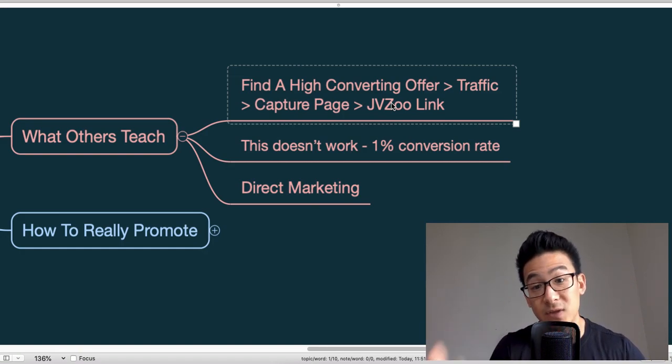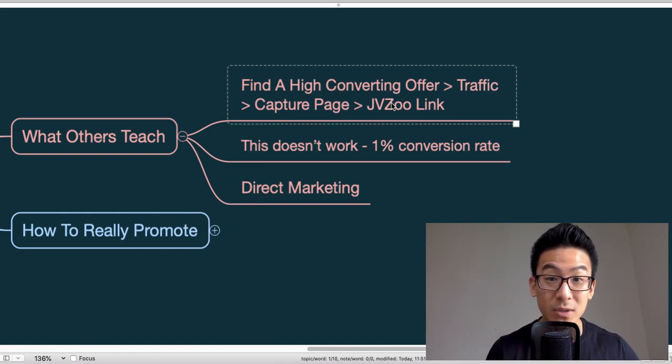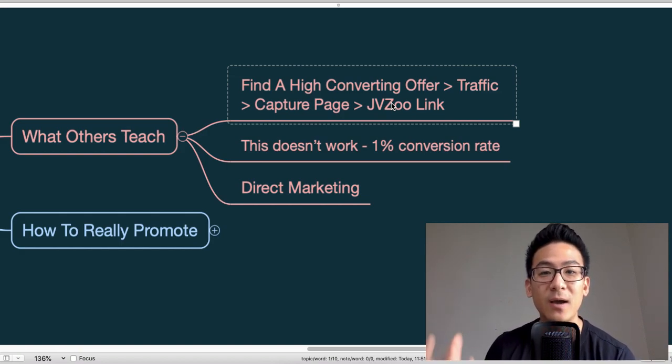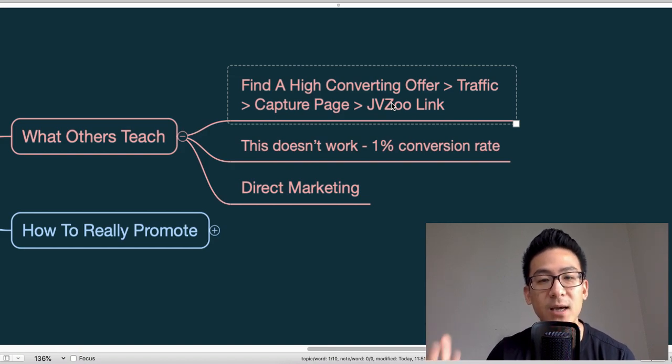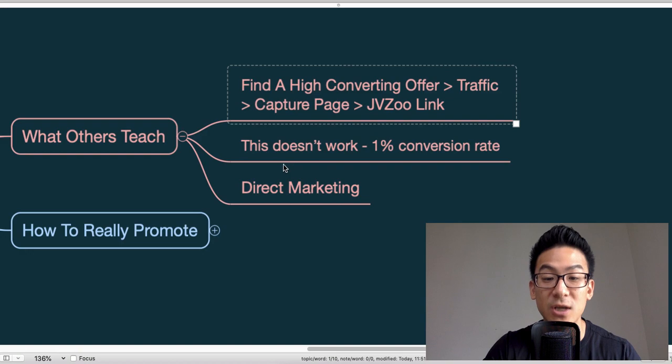And that one sale, if it's a JVZoo product, is probably very, very low. It's probably like 20 bucks. How can you become a six-figure earner if you're making a $20 commission on a 1% conversion rate? It's almost impossible. Now, this is the reason why so many people that try affiliate marketing and JVZoo are broke,